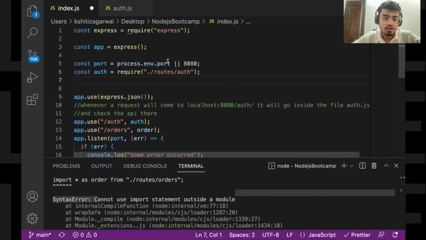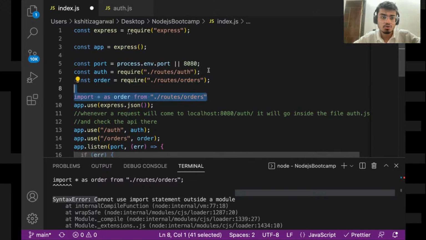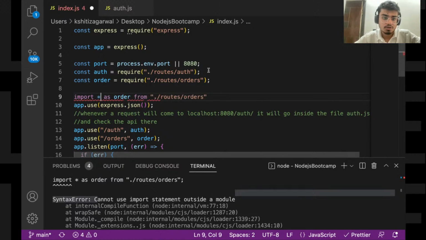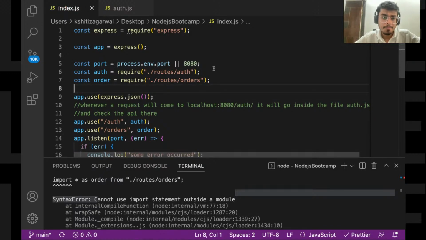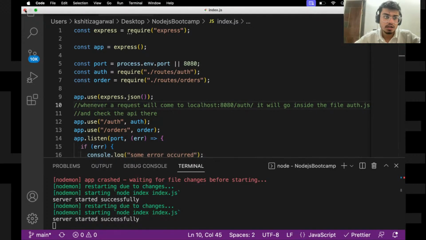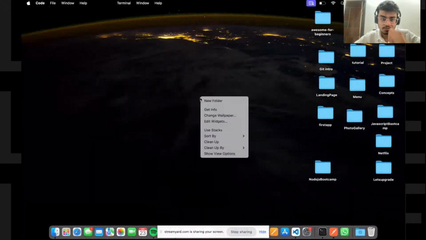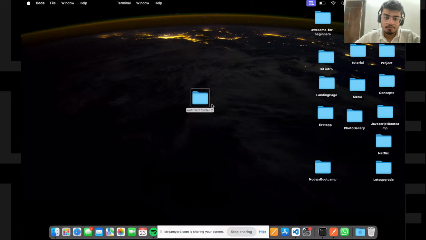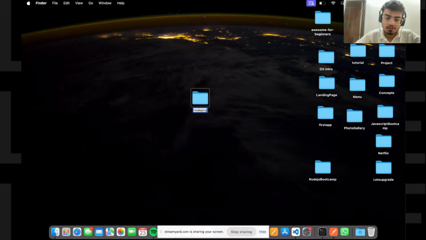App.use. This is fine. But no, I don't want to remove all this stuff because I want to give you guys this file. So let me do one thing. I'll create a new project only. Okay, so I'll close this and I'll create a new mini project. Okay, so node project.